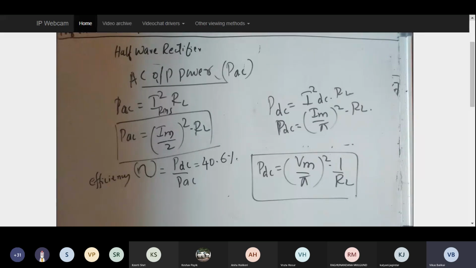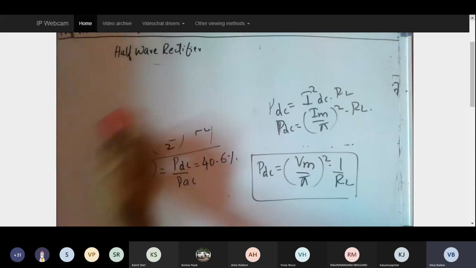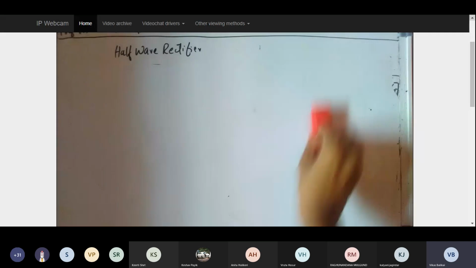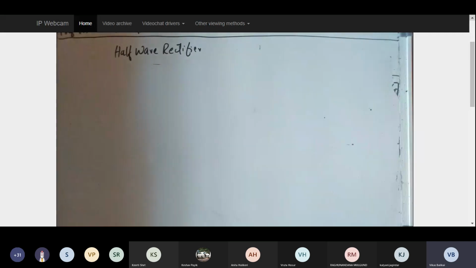If that is a scenario, then I think this is going to be a very bad rectifier. But since it is a very basic rectifier, understanding all the components with respect to rectifier is made easy when I study the half wave rectifier. So that's about the rectification efficiency. Now if I say the rectifier efficiency is only 40%, then what about the remaining 60%? Or what about the remaining content of my output?